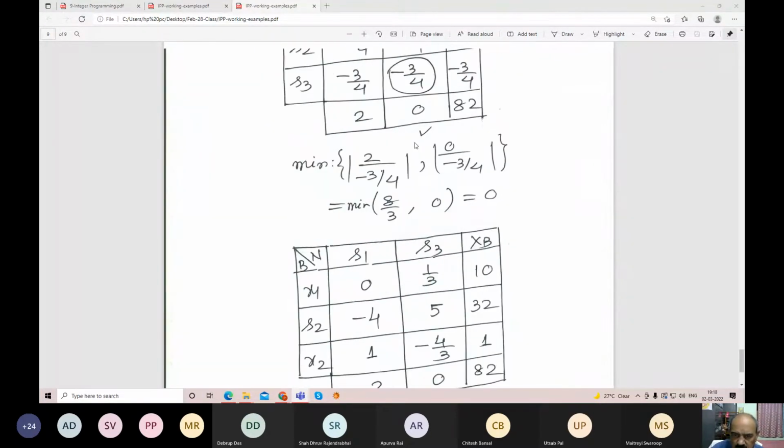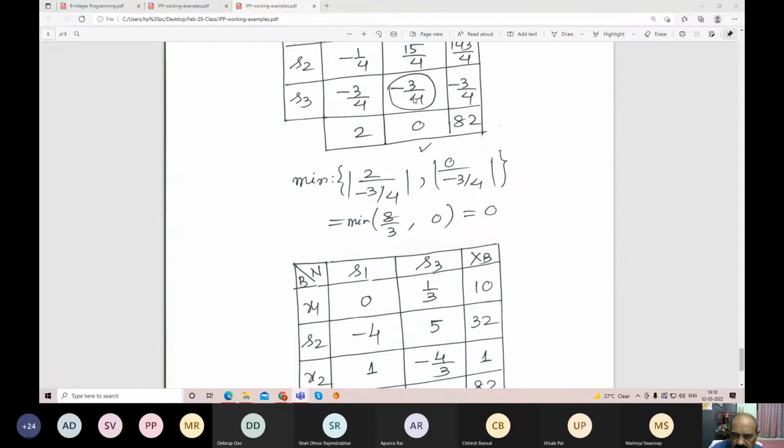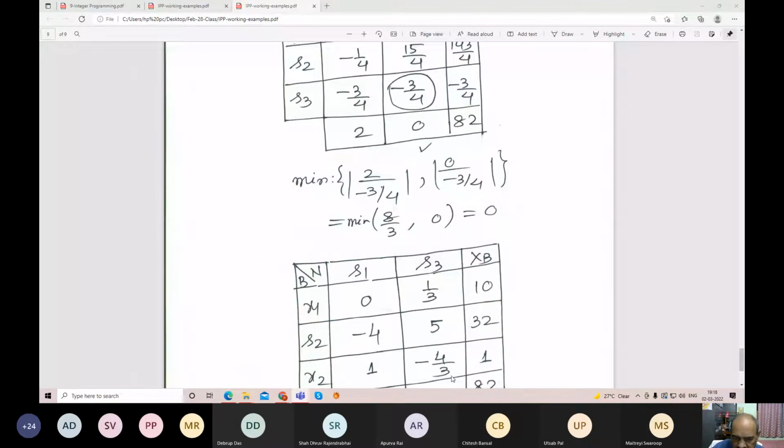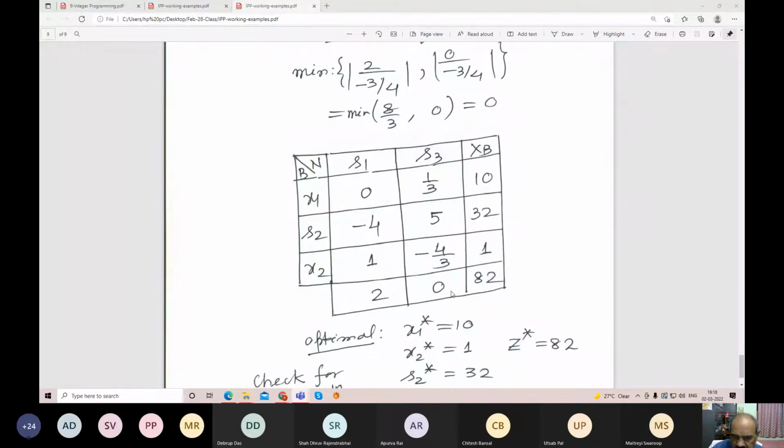And how to apply the simplex procedure? This is the reciprocal, so it's minus 4/3, and you divide, that will be 1. And in the same column, you divide by minus 3/4 with a minus sign. So we have here 1/3, then 5, then minus 4/3, and it is 0. And other elements you can find in this manner. So as a result, we are finding x1 equal to 10, x2 equal to 1, s2 equal to 32, and